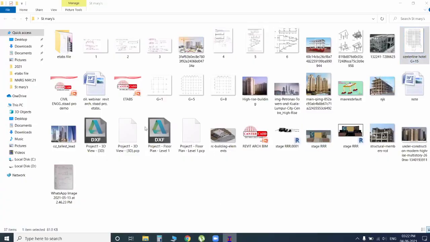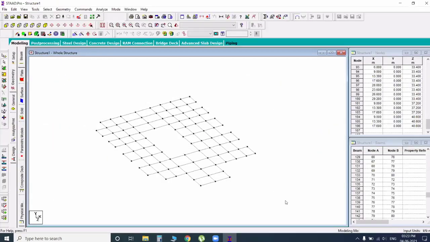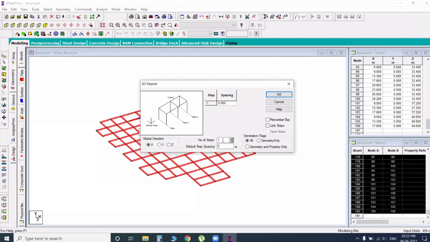So at present I go with only G plus 10. Select the whole structure, translational repeat, Y direction. G plus 10 means 11, and with our plinth it's going to 12. Each floor height is 3 meters, and my foundation depth I go with 2.8 meters because it's a big structure. So if any wind and seismic loads occur, the building will be safe. That is the reason I selected 2.8 meters.